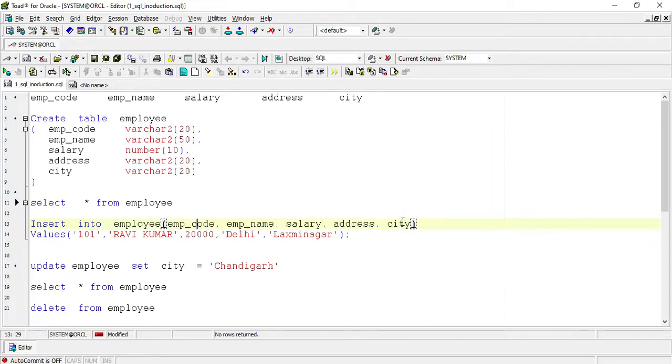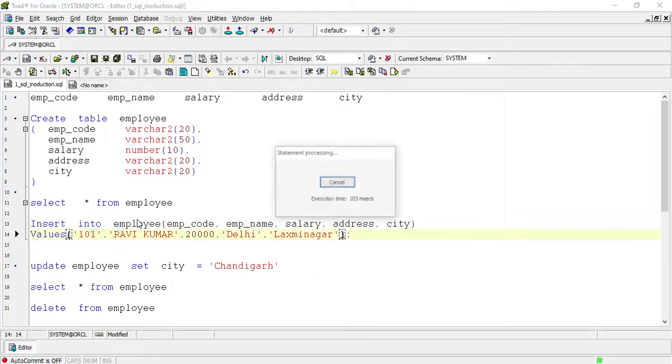And values: I will put 101 against emp code, and employee name is Ravi Kumar, and salary is 20,000, and address is Delhi, and city is Lakshmi Nagar. Now I will run this command. This record is inserted into the table.